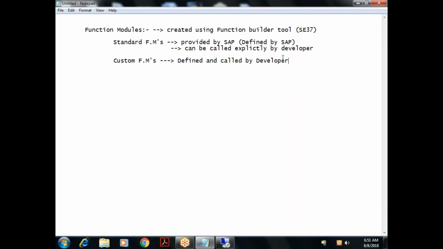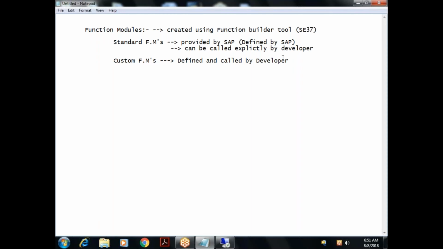But as part of our experience, we might come across a new function module, so we should know how to use that particular function module. We are going to understand how to work with function modules so that whenever we encounter any new function module, we are able to call it at our convenience.